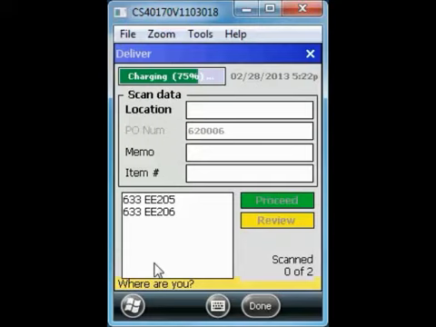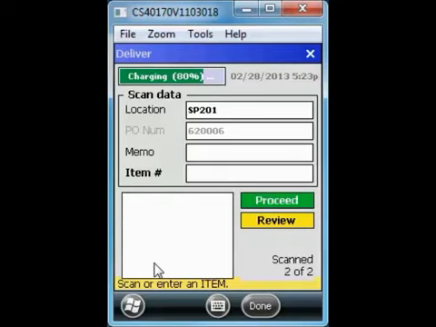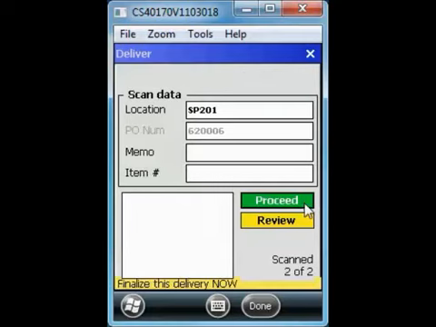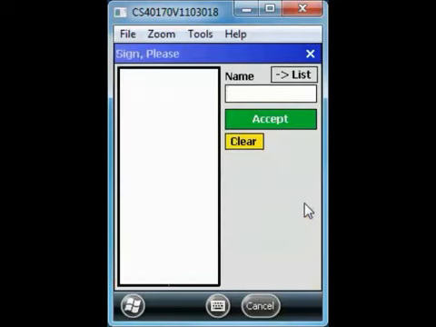When we get to the location, we'll put in a location number, and then you can put a memo, or that's an optional field. You don't even have to show it if you don't want. And scan in the items that you're delivering. To finish the whole thing, you need to click the proceed button, and then you'll go to the signature capture